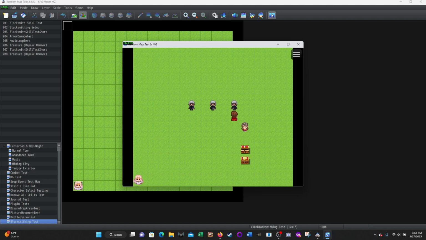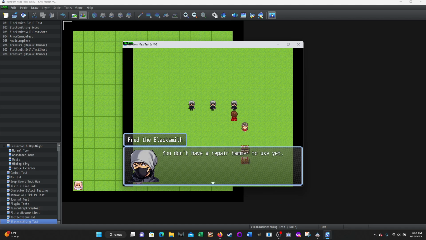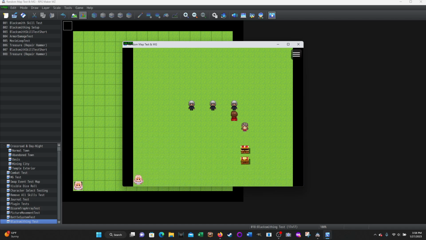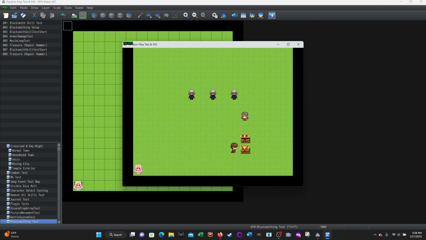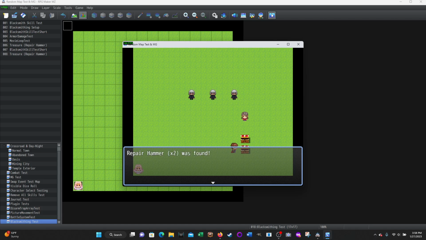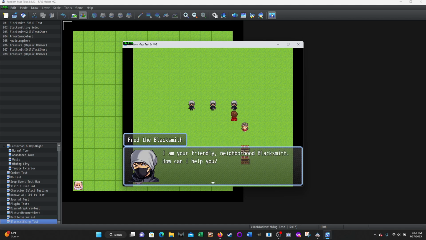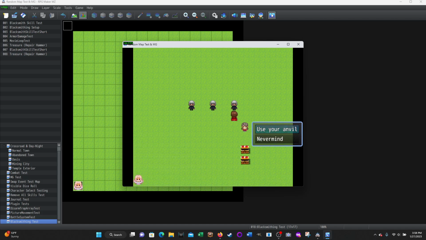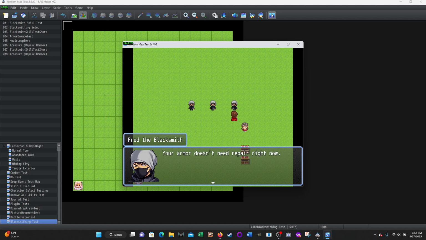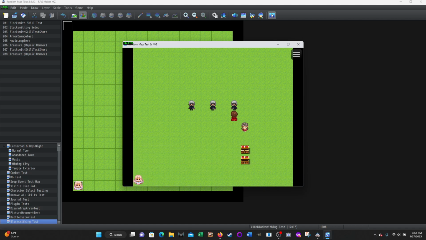Now I'm going to go back, talk to him again. And he repeats, so I'm not getting fancy with the dialogue. I want to use your anvil. You don't have any repair hammers. Well, okay, so I'll go get some repair hammers. Here's my repair hammer. Repair hammer times 2 is found. Let's go back and talk to him again. Here he is. Again, not fancy with the dialogue. Use your anvil. Your armor doesn't need repair right now. So it goes through the steps. You're not trained in blacksmithing. You don't have repair hammers. Your armor doesn't need to be